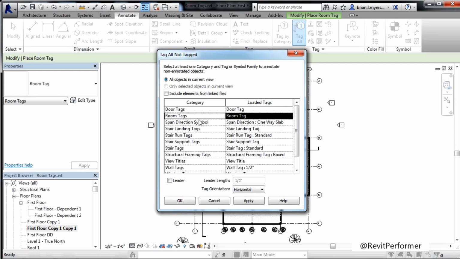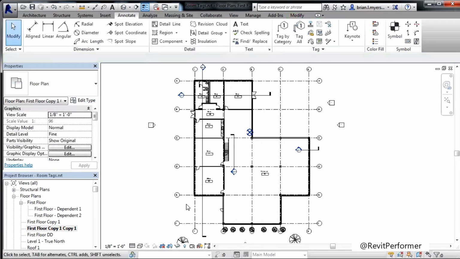If you've linked in someone else's Revit model into your project, you also have the option to include elements from linked files. Now, we haven't done that, so there's no need to check mark this box. But if we did want to tag the rooms from a Revit project that we've brought into our own project, we would just put a check mark next to include elements from linked files, and this command would automatically tag those rooms as well. After room tags has been highlighted, click on OK,